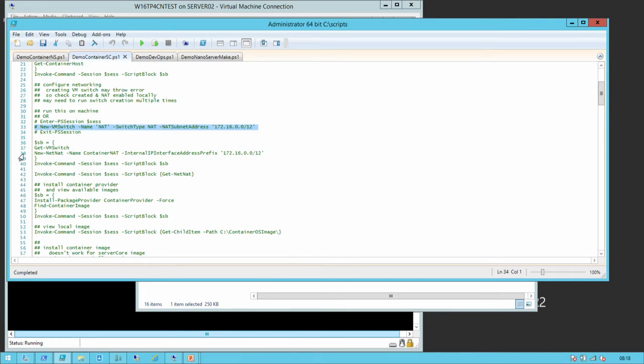That is a problematic activity on TP4. It fails, and then you run it again, and it works. I'm hoping that that's a TP4 issue rather than an ongoing issue. But if you decide to try any of this before TP5 comes out, just be aware that the switch creation can fail. You create the network address translation setup,